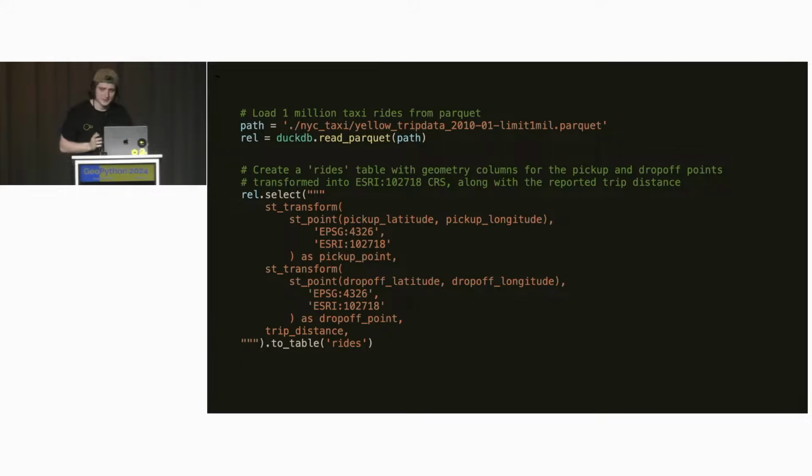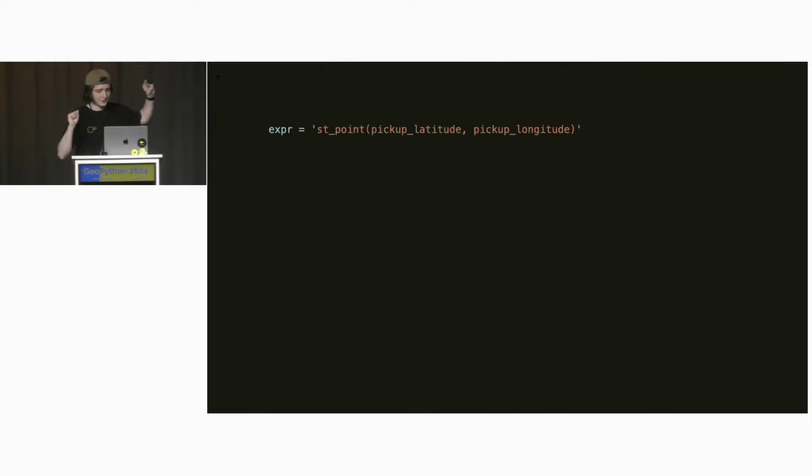Now, if you look at this and think, wait a minute, I thought the whole thing with the Python API was that I didn't have to write SQL. This looks like an awful lot of SQL. Don't worry, I got you. So normally when we pass expressions through this relation API, you can pass them as a SQL string, and